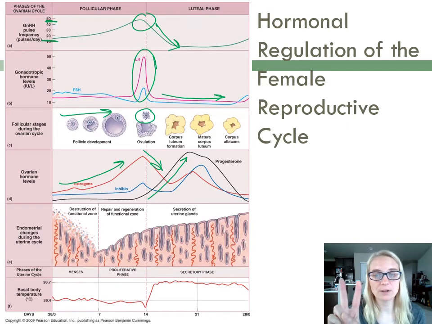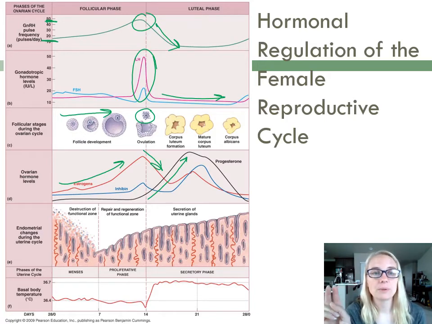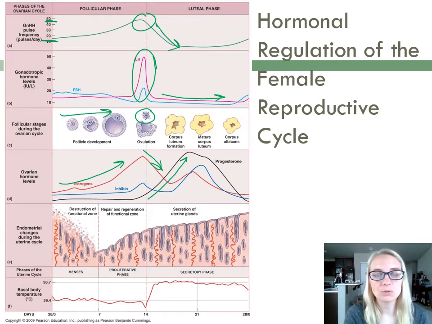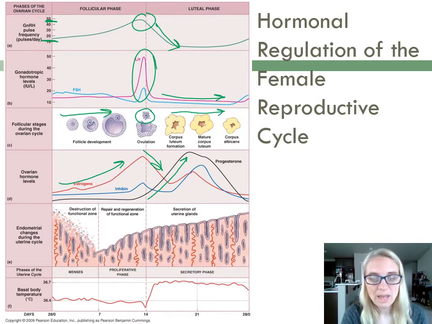So as those cells of the follicle basically are changing their identity from estrogen secreting cells to progesterone secreting cells, and so that's your corpus luteum. This is the luteal phase, remember, the second half of your ovarian cycle. And we start seeing a little bit of estrogen come up. So now we have both estrogen and progesterone at high levels,